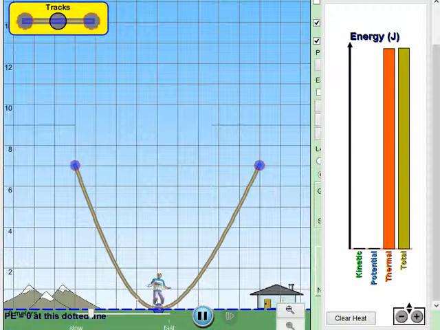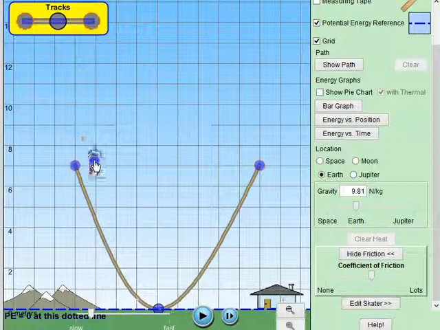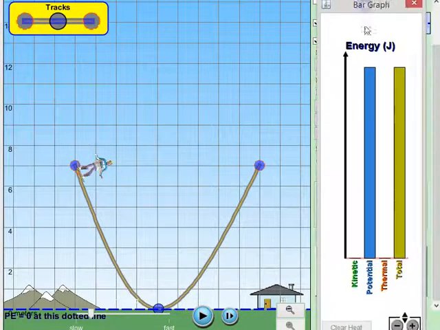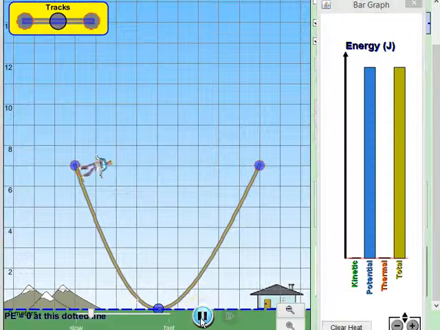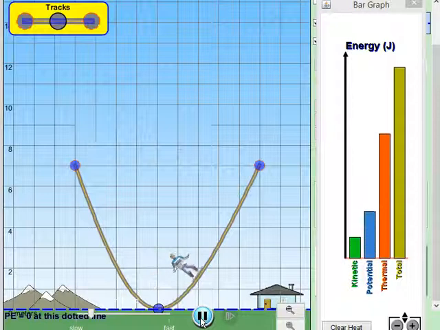As a last part to this simulation, I'm going to rerun the same idea with an increased value of friction. I'm going to move this bar graph out, pause this simulation, and think about what's going to happen now. Is he going to go faster? Is he going to go slower? Or is he going to go at the same rate as earlier? When I go and increase the friction to a large amount, I'm going to hit play and I'm going to leave the energy bar with you guys. Think about this, and I hope these ideas are clear as to why we see what has happened.